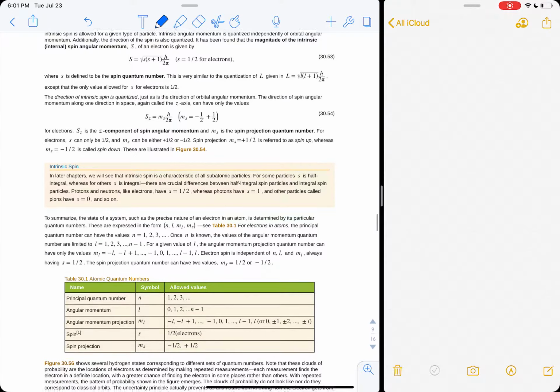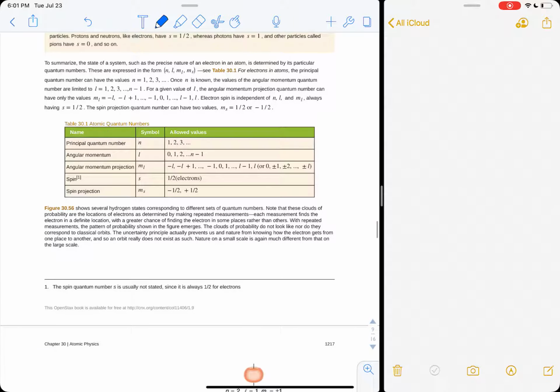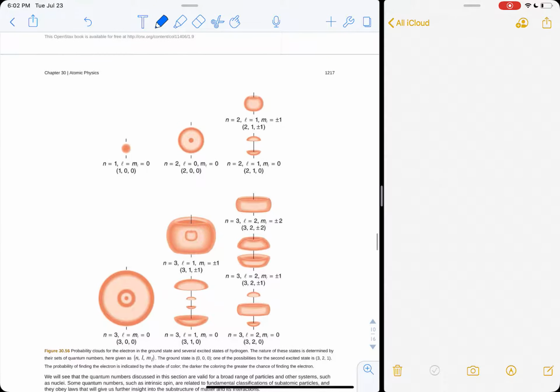And continuing on here. So here's your quantum numbers written out again. You could have n equals 1, 2, 3, 4, so on. L can be 0 to n minus 1. M sub L can run from minus L to plus L. Electrons always have a spin of a half, which means they can either be spin up or spin down. And those are the degrees of freedom that an electron can have that give you that Zeeman effect splitting.